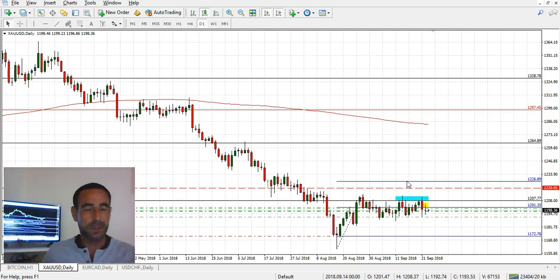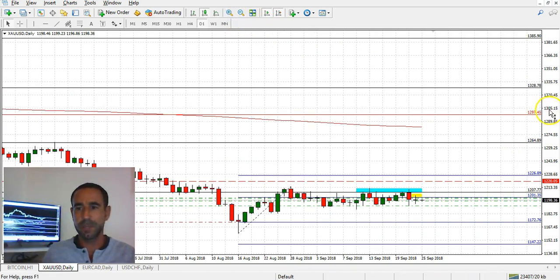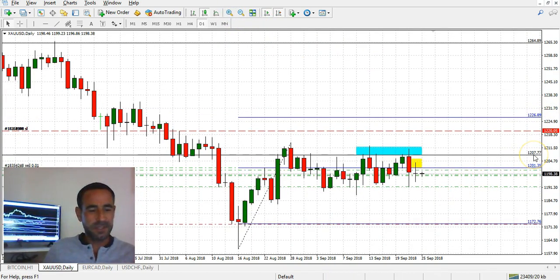Now, here's the particular technical situation we have here. Take a look at these two levels. Let me close in a little bit. The first one is the 1207. This is an extremely powerful level, right? An extremely powerful resistance, by the way. It was a support just about 2 or 3 weeks ago, where price completely broke that level. It actually crashed that level. It was a strong support. It broke, and price on the way up retested that same level, this time from below,